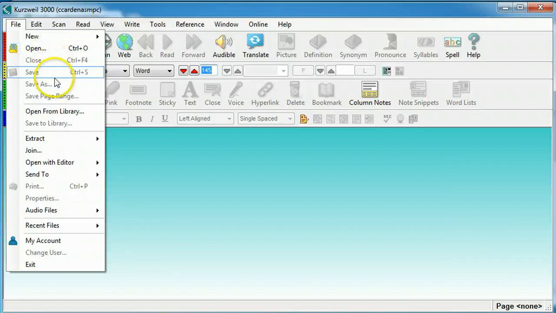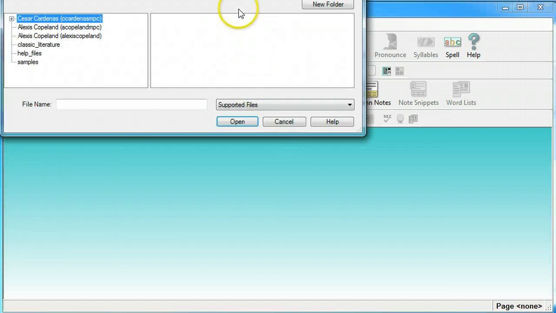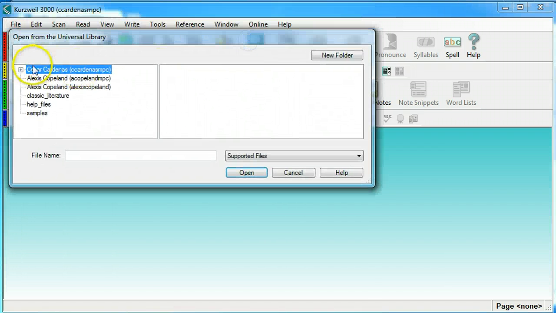but that's only on local or network drives. With the Universal Library, you're looking at the cloud. These documents are saved on the Kurzweil servers. So when I click on Open from Library, Caesar sees his